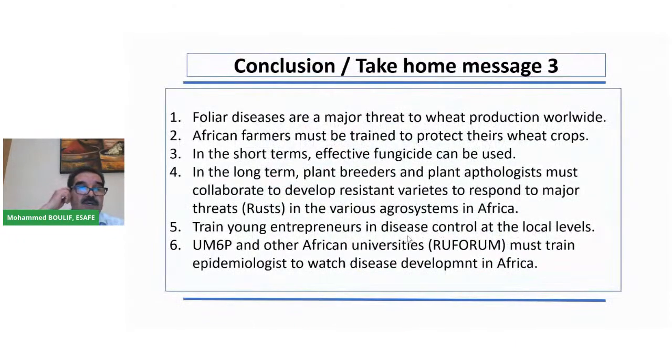So in conclusion, for this third category of pesticide, foliar diseases are a major threat to wheat production worldwide, not only in Africa. And we must be aware of that. African farmers must be trained to protect their wheat crop. We must teach them how to do it, because